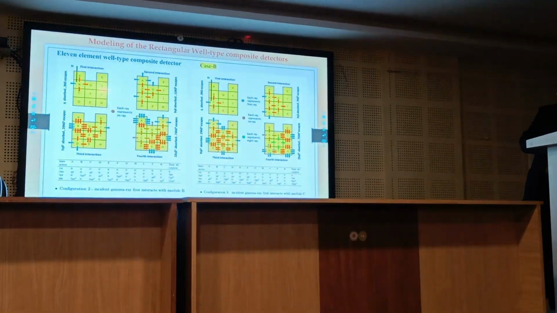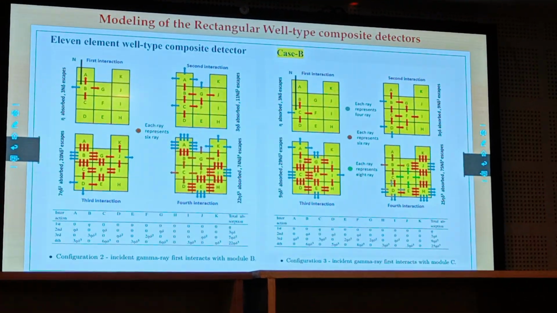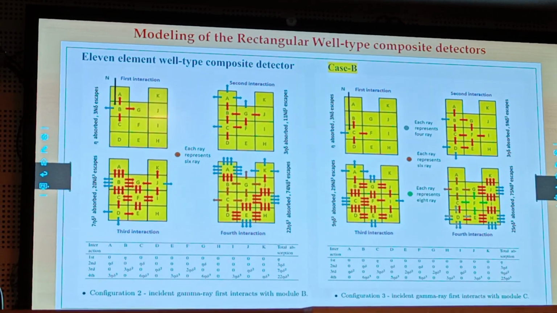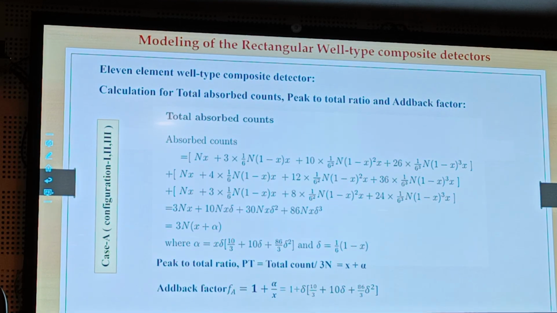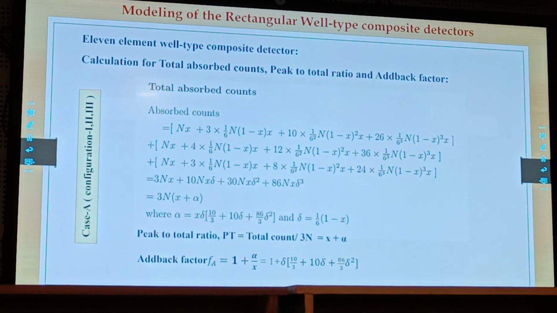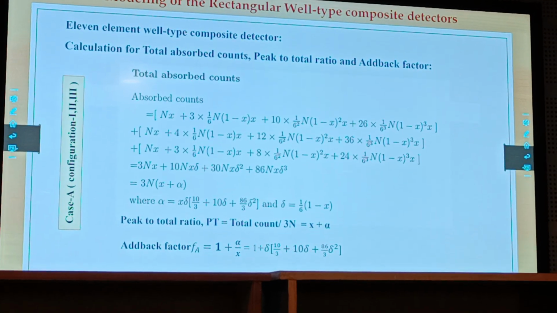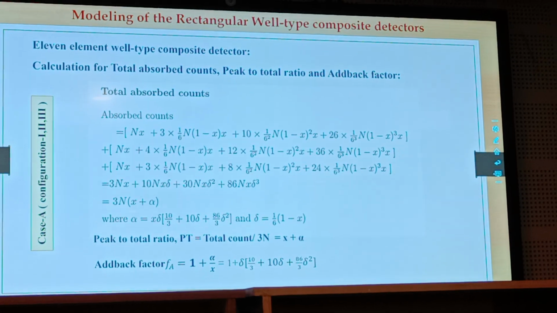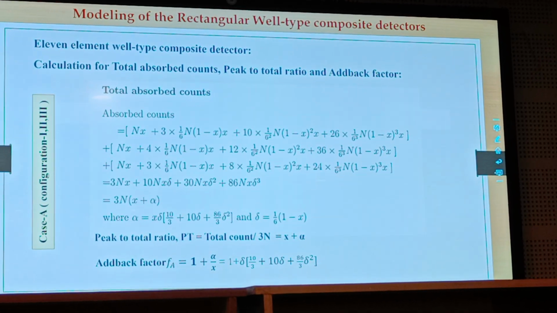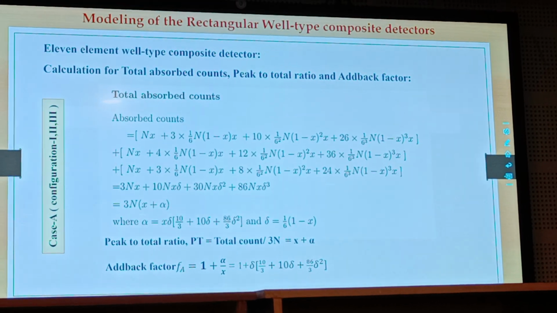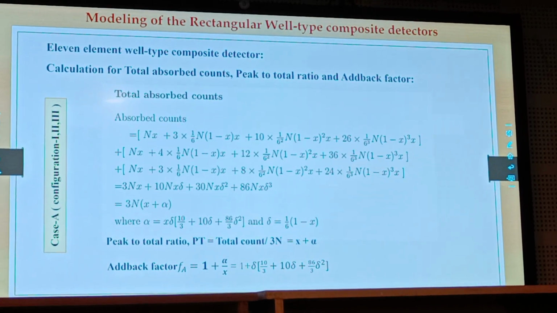Here we have also shown the second and third configurations, and following the same process, finally we calculated the total absorbed counts for case A, that is configuration 1, 2, 3, and here we see the details of the configuration. We have shown the peak to total